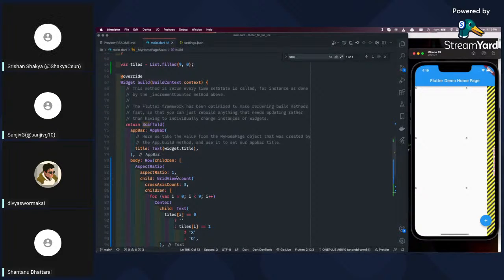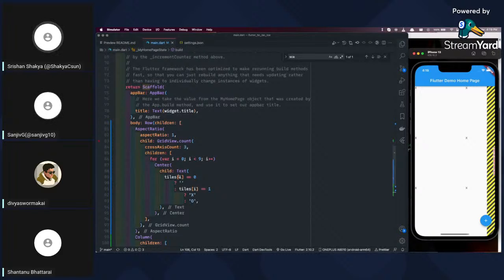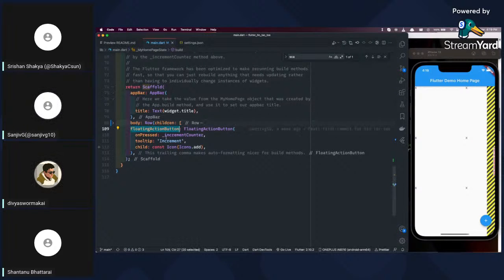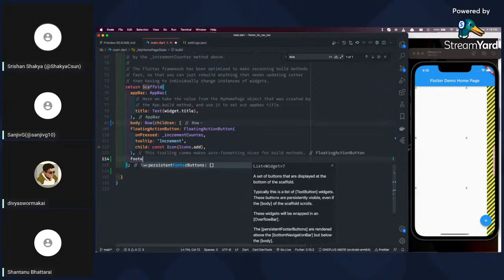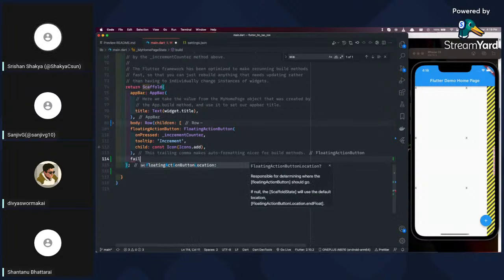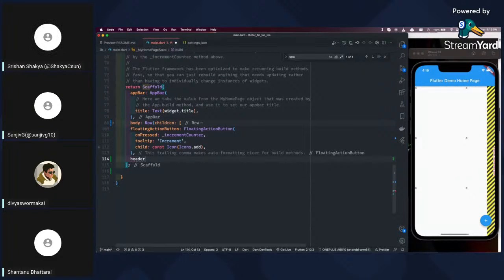But yeah, it is a very useful widget. The first argument it takes is the app bar. The second argument is the body, and what's the third argument? The floating action button. Yes, it provides such things. You can look up the documentation on material.io too, it's kind of a Material thing. If you are trying to make your app look like a native iOS app, then there's also a Cupertino scaffold.